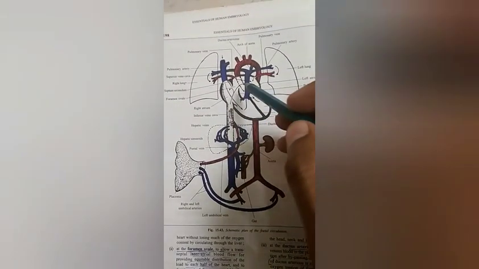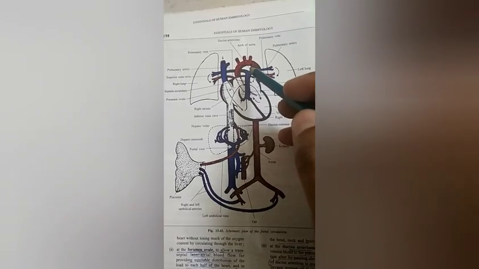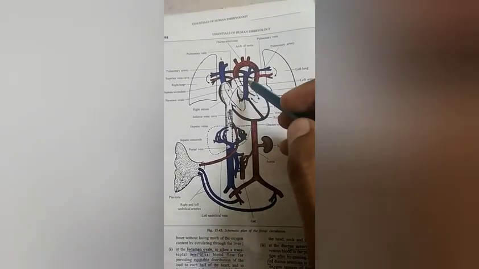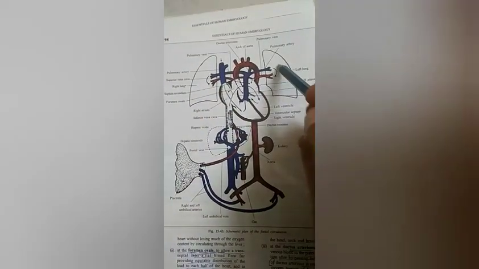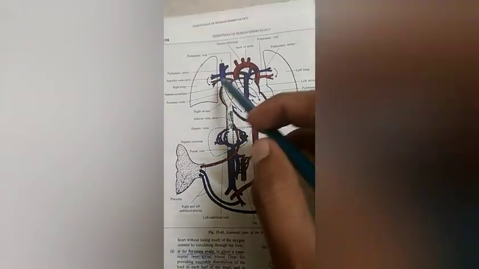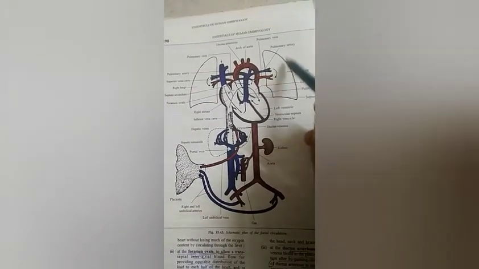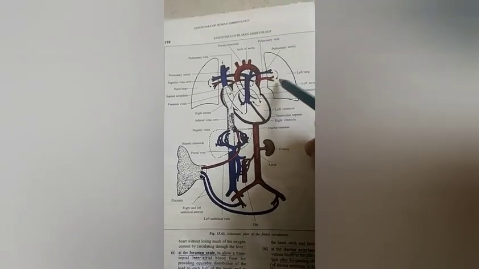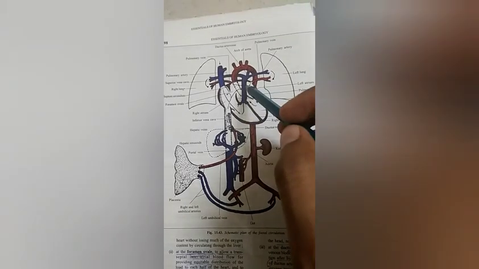Third thing, the ductus arteriosus gets obliterated so that deoxygenated blood now enters via the pulmonary arteries into the lung where it gets oxygenated. Fourth thing, there is an increase in the size of the pulmonary vessels due to expansion of the lung. So a greater amount of oxygenated blood now returns into the left atrium.